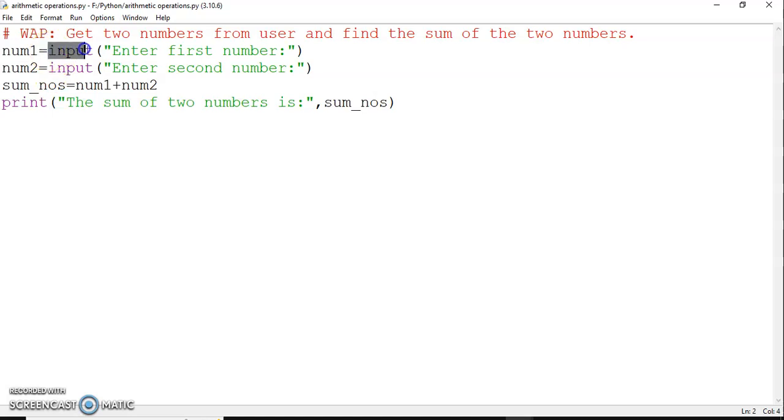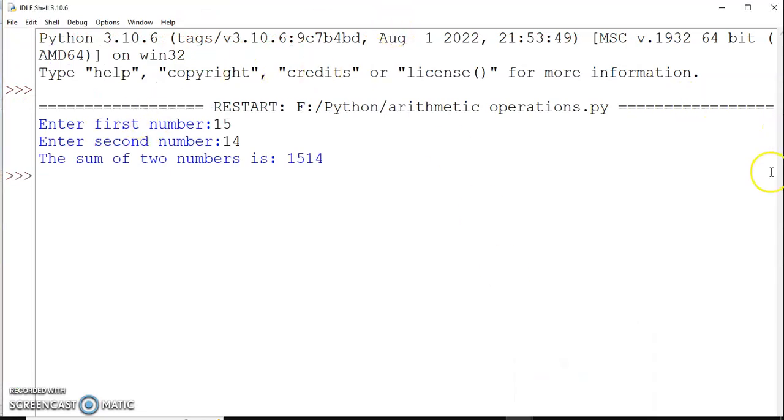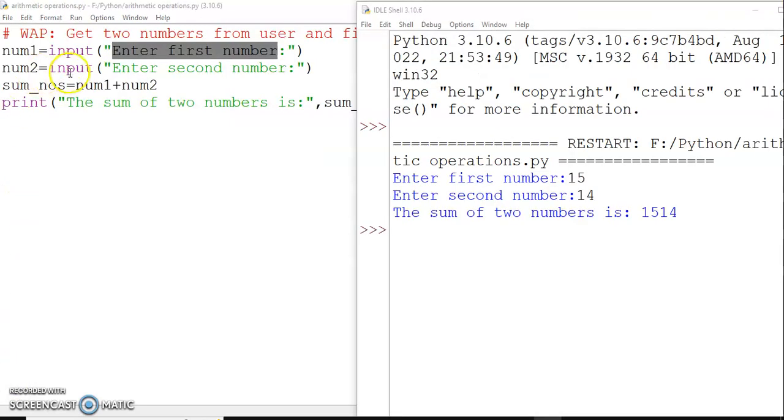So input is a function, input, and then you will write the message that will be displayed on the command prompt. You can see over here, this is how it will be displayed: Enter first number. Similarly, this input command will display enter the second number, where the user will enter the second number. Now I'm finding the sum in another variable, which is sum_numbers, NOS short form, where I'm adding these